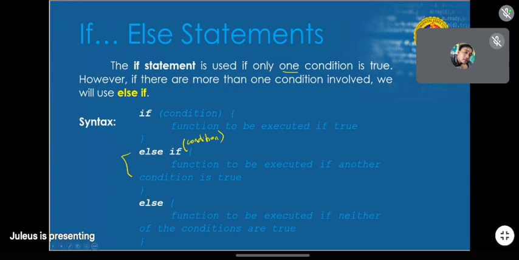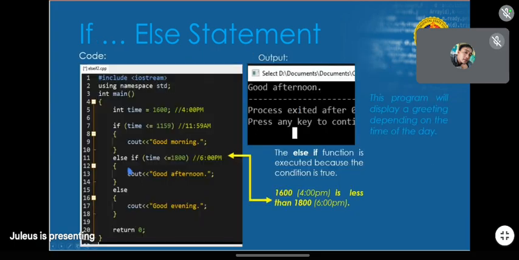You can add more else if depending on the conditions that you want. And then lastly, if everything is false, then the else will be executed. All right. So let's say, for example, we're going to create a program that will display a greeting depending on the time of the day.